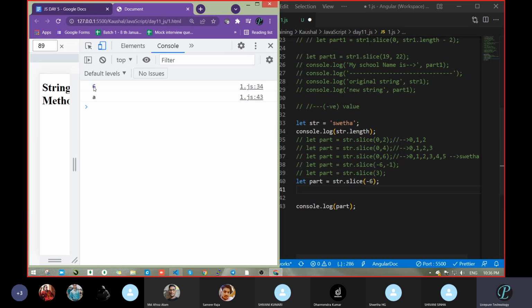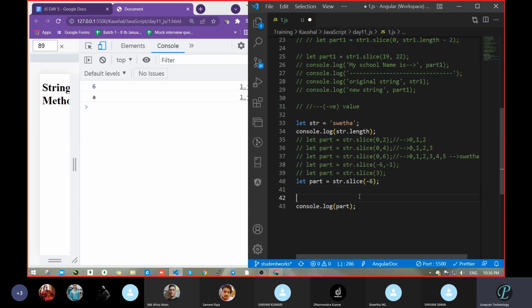See, minus in the sense the last value. What will be the length? Length is 6. Correct. Just like in the paint, what we had shown you: minus 6, then minus 5, minus 4, minus 3, minus 2, minus 1, 0. Next 1, 2, 3, 4, 5, 6.